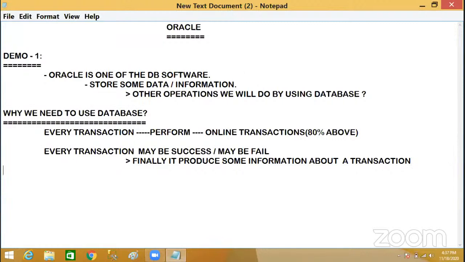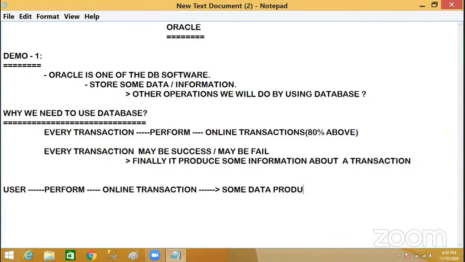Okay, now observe my point here. The user is going to perform one online transaction. Through this online transaction, some data will be produced. How is this data produced?